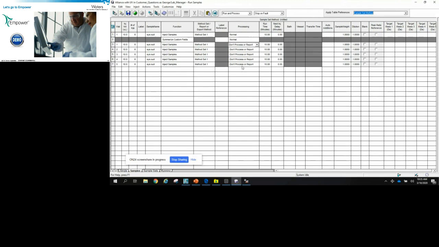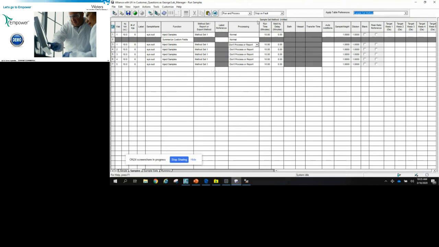The rest of the samples don't process and report. Why? Because most people want to collect the sample set, look at the data, and then generate the results for the samples post-run. So the only thing we want Empower to generate results for would be for the system suitability injection.